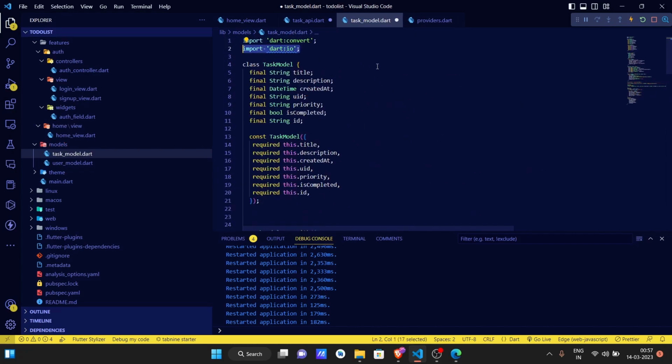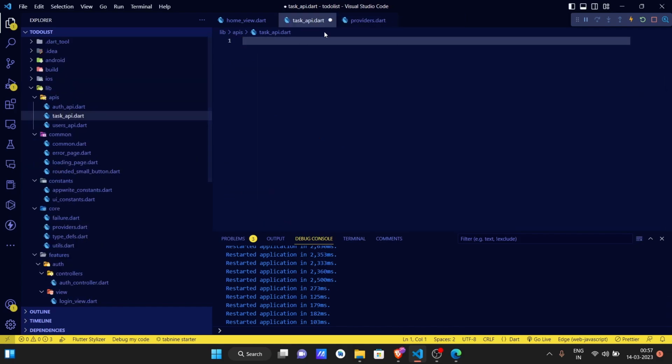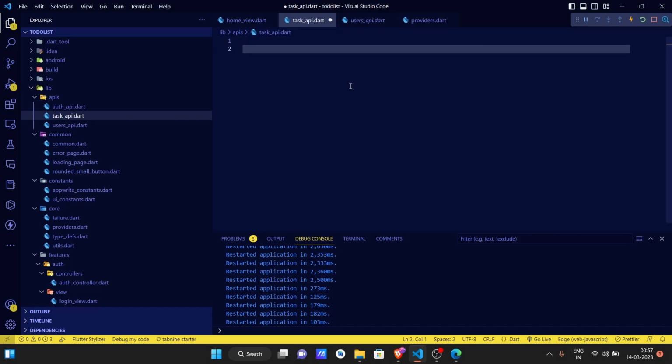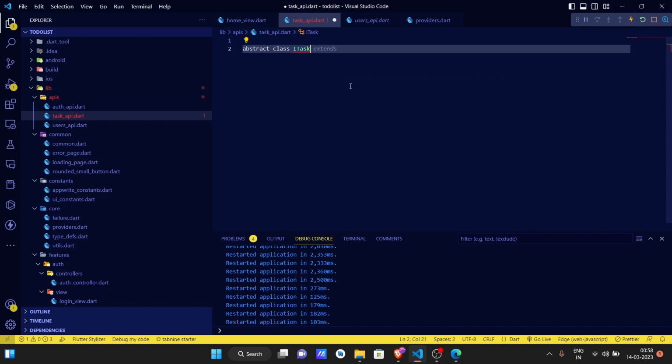Yeah, remove dart.io, save it. Now begin with the task API part. Abstract class ITaskAPI,